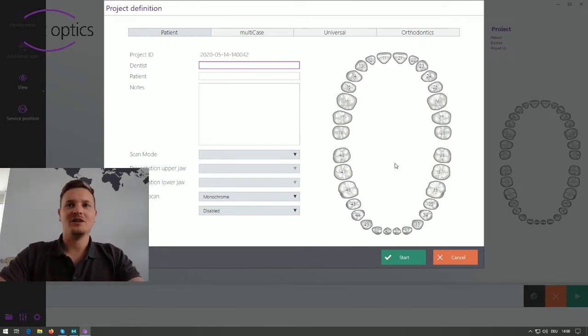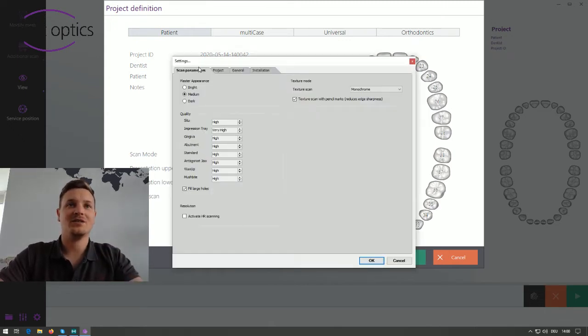But first of all, if you start such a scanning project for the first time, you need to go to the settings, and on the scan parameters you find this flag on the right side: Texture scan with pencil marks. Please flag this